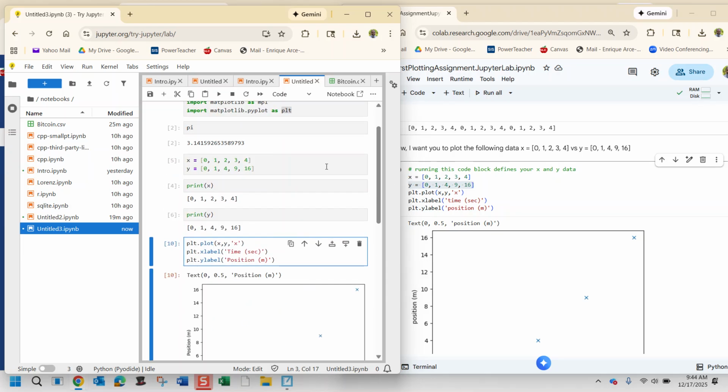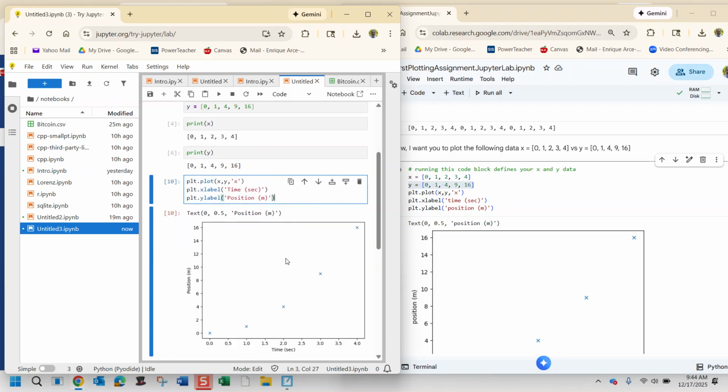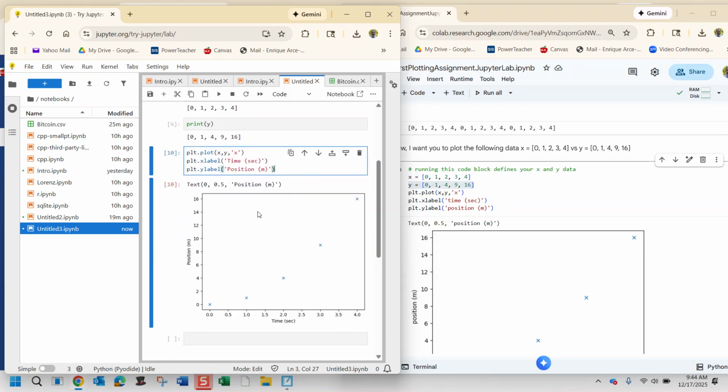Up to now, you've been making number sets with NP array. You can do the same thing with NP array. But a lot of the time, you already have data collected from an experiment or something, and you just want to make a graph. So usually you have the data somewhere, like on a spreadsheet. And so I'm going to walk you through how to import a spreadsheet. So really quick,